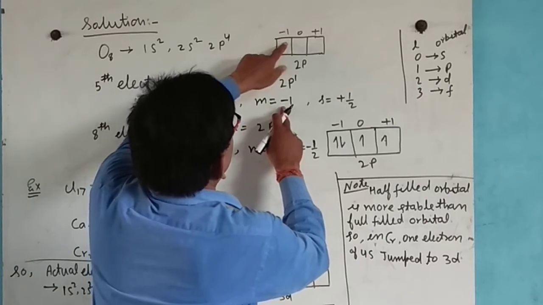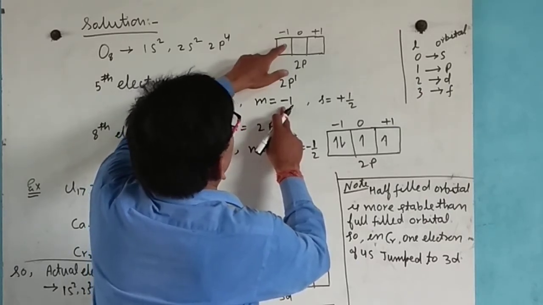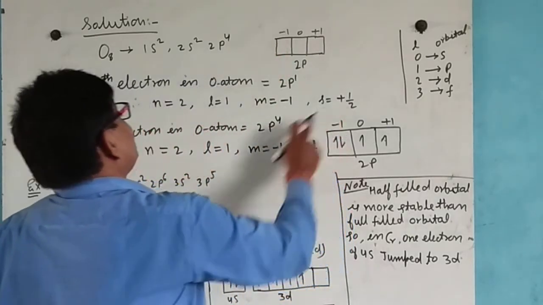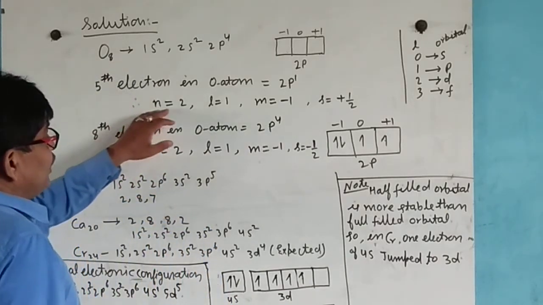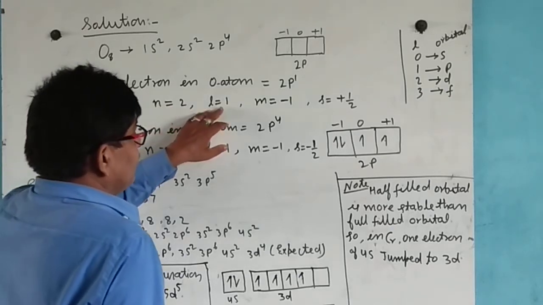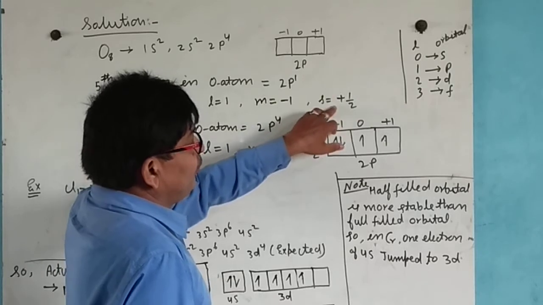Here only 1 electron comes, with a positive spin, so for the 5th electron the principal quantum number is 2, the azimuthal quantum number is 1, m is -1 and spin is plus